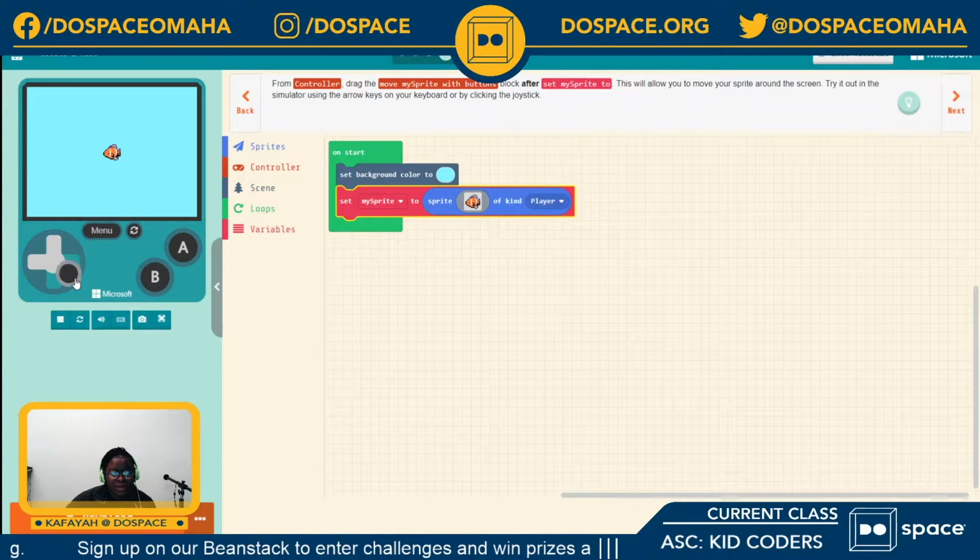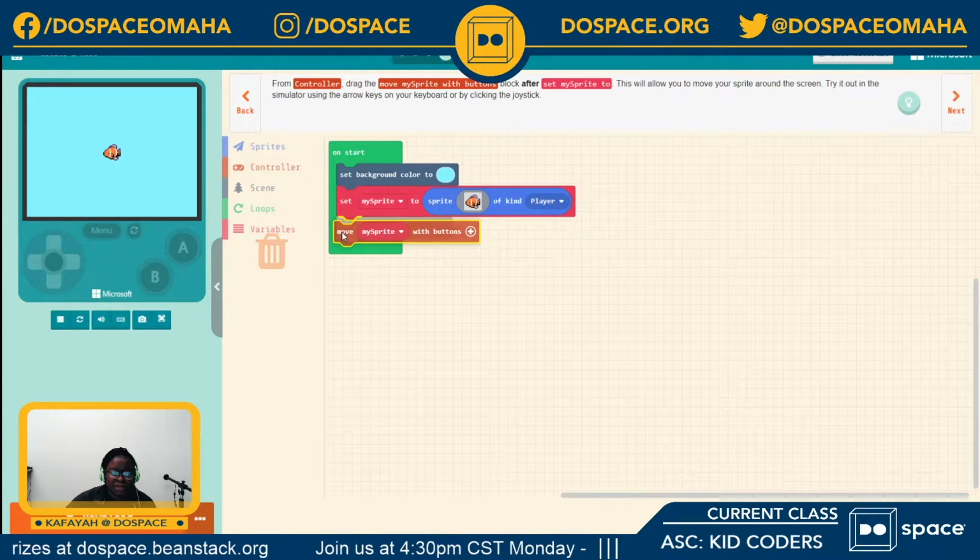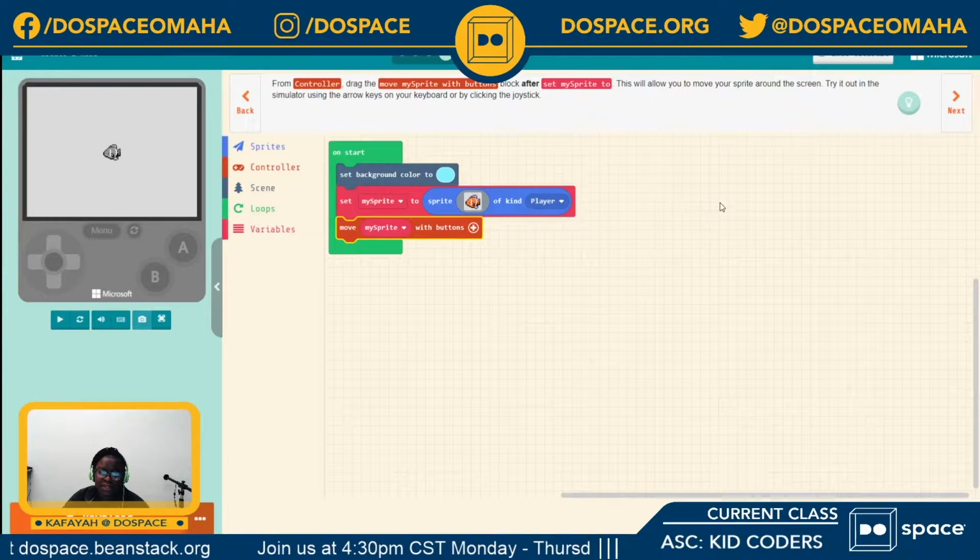So I'm clicking my joystick, but nothing's happening right now because we haven't given any instructions, nor have we written any code to make this happen. So let's do that. So I'm going to go into my controller tray and then drag the move my sprite with buttons.